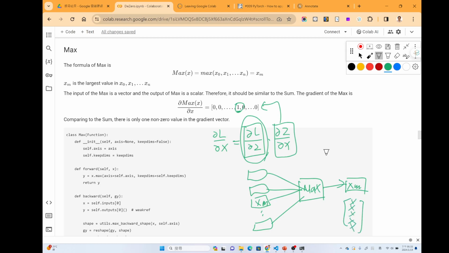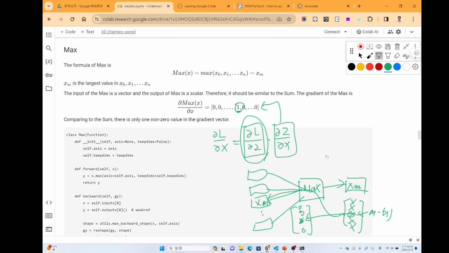So only the nth item will receive the gradient back to here. For the others it will be 0. So this is the gradient of the items of the max function.